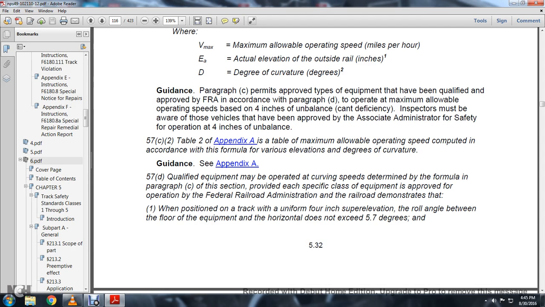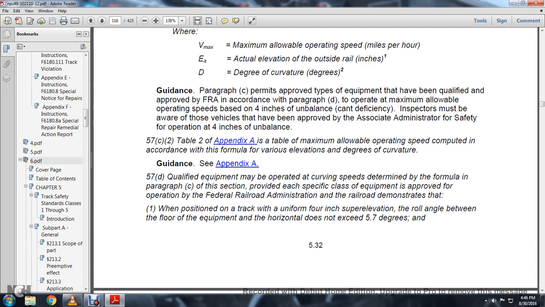57C2 table, Appendix A of the table, the maximum allowable operating speed is computed in accordance with the formula variations and the degree of the curvature. Guidance to C. Appendix A, the qualified equipment that may be operated with the curving speed is determined by the formula. Paragraph C of the section provides each of these last for the specific approved operation of the Federal Railroad Administration. The railroad demonstrates that: 1, the position of the track with uniform 4-inch super